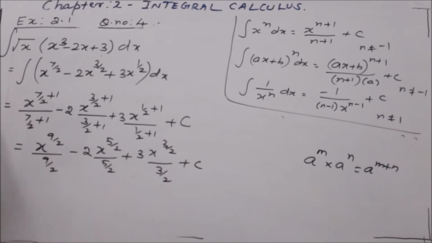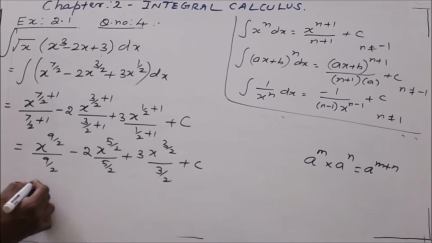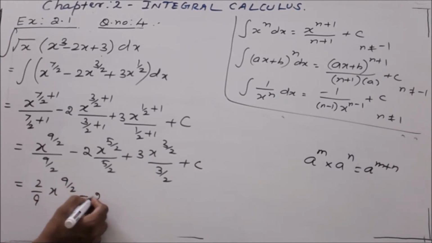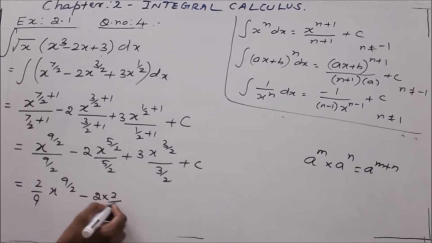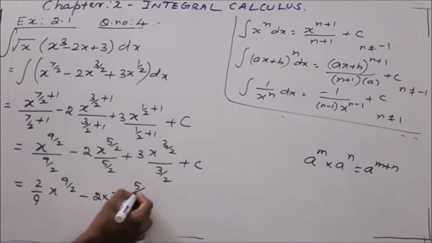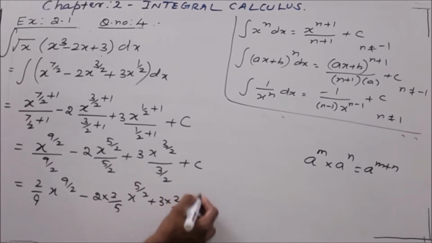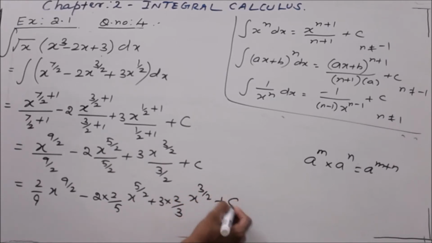Now bringing this denominator to the numerator, 2 by 9 x power 9 by 2, minus 2 into 2 by 5 x power 5 by 2, plus 3 into 2 by 3 x to the power 3 by 2, plus constant of integration c. Again simplifying, we have